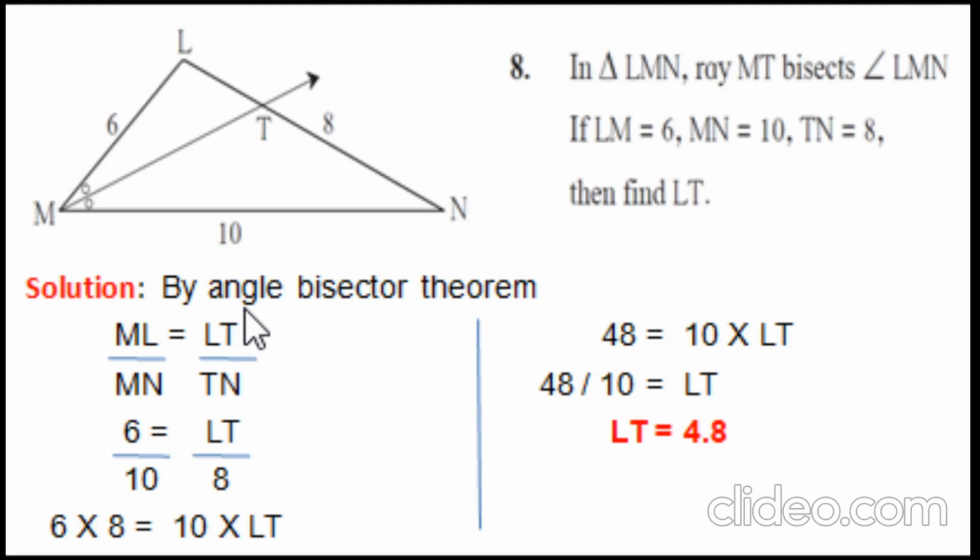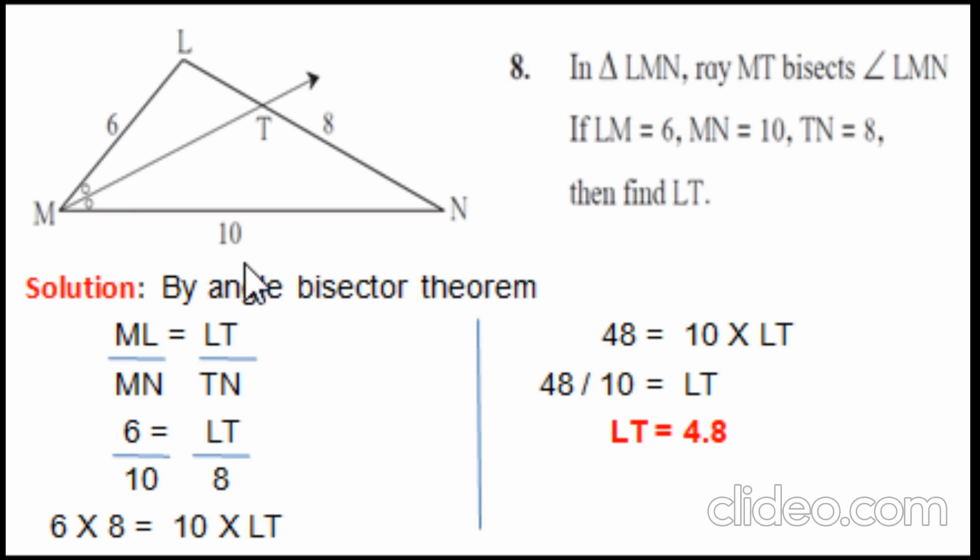Now let's see the 8th question. This is similar to the 6th question. In triangle LMN, ray MT bisects angle LMN. If LM is equal to 6, MN is equal to 10, TN is equal to 8, we have to find out LT. See, this is the angle bisector of angle M. Ray MT bisects angle LMN here. Therefore, we are directly using